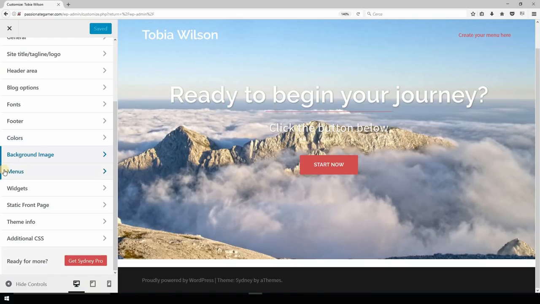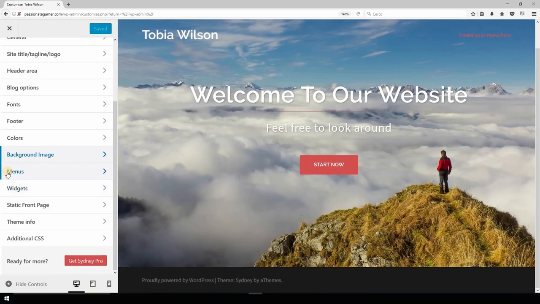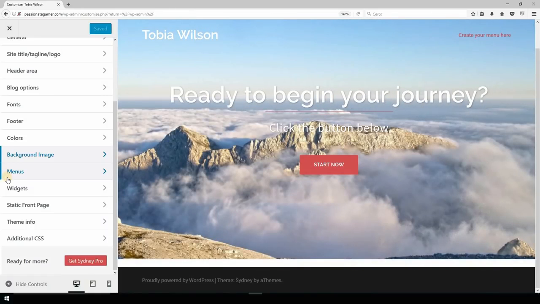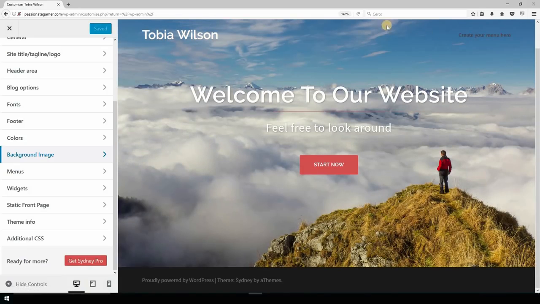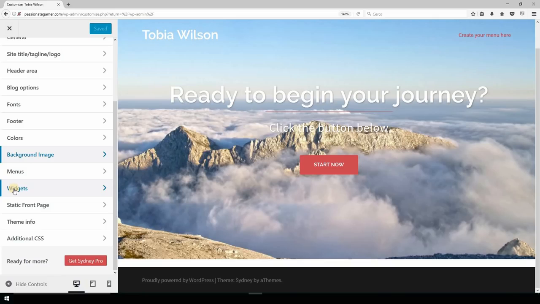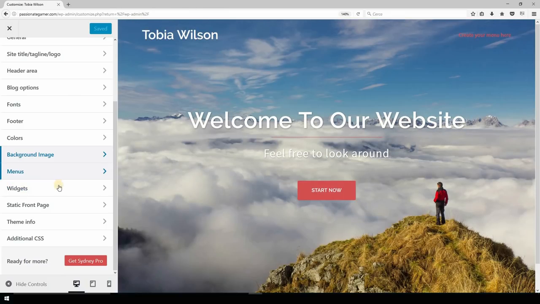And then we have the menus and the widgets. We are gonna change all of these later when we are done creating our website. The menu is the navigation of your website at the top, while the widgets are independent sections that you can add, for example, to the sidebar. So we are gonna come back to these two sections later, but now I want to take a look at